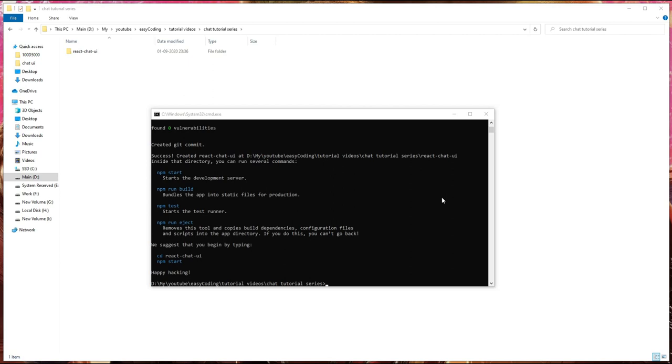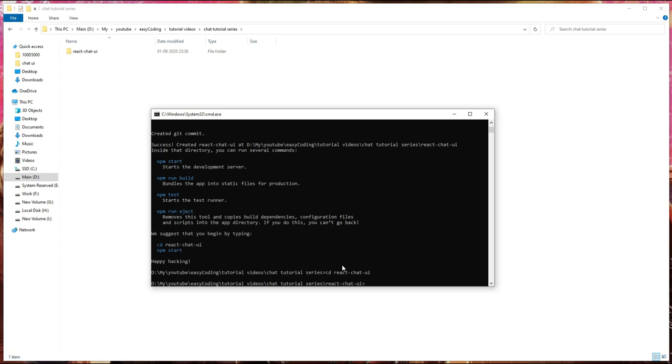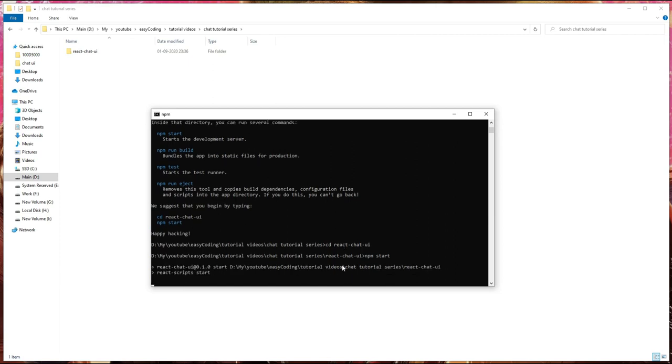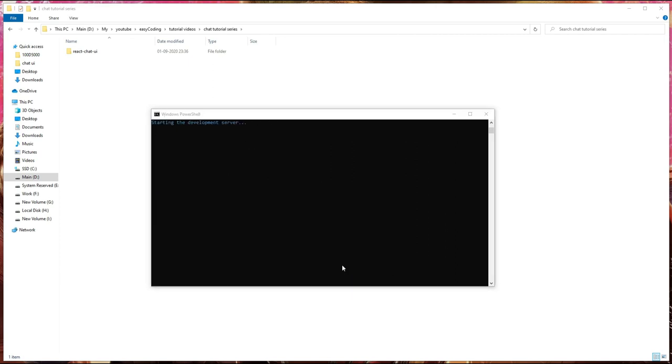So I need to navigate to the project directory, cd react-chat-ui, and to run the project I just need to run npm start, enter. This will open our project on the local server at port 3000.